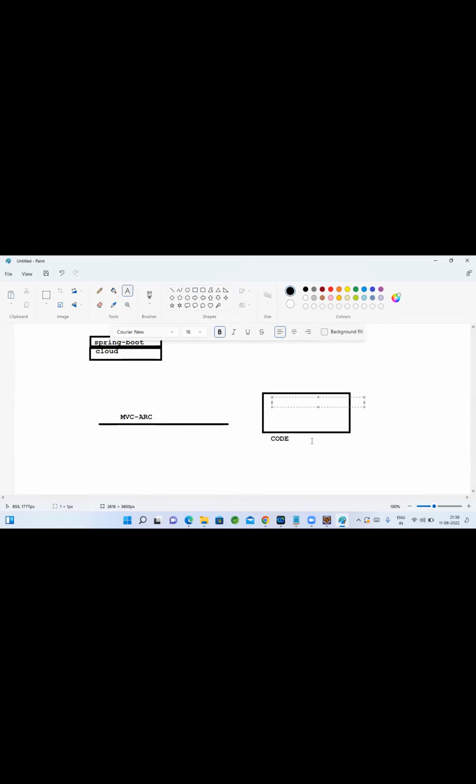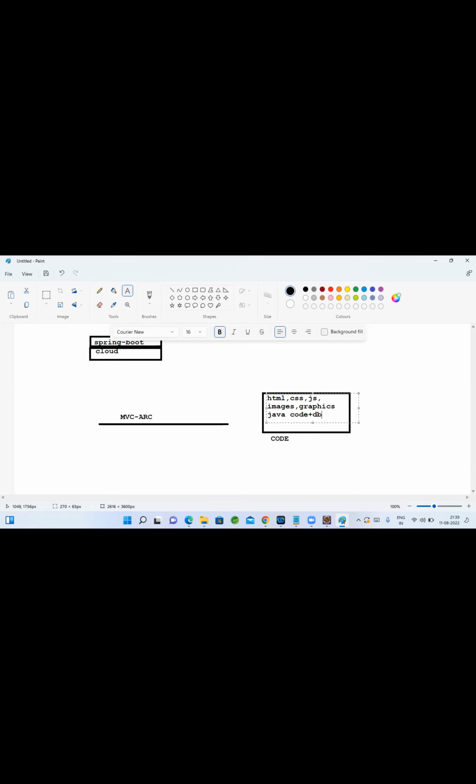For views, we use HTML, CSS, JavaScript, any JS frameworks, images, and many graphics. Along with this, we use our Java code and DB code also.